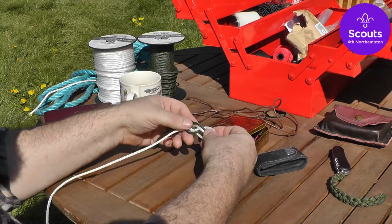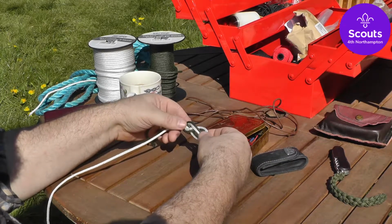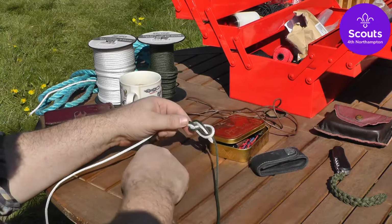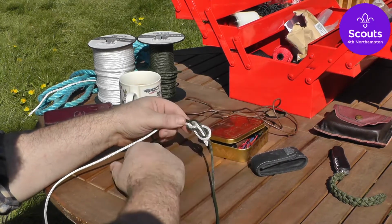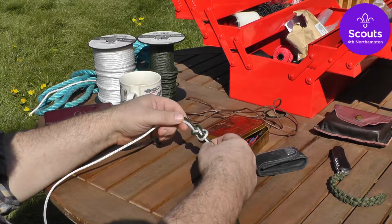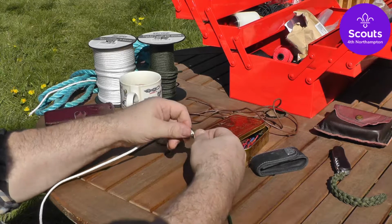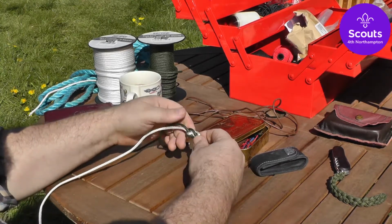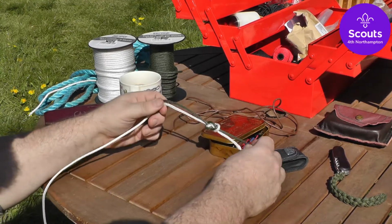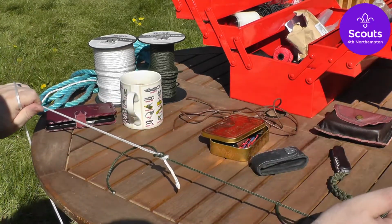and as you can see, it's all nice and neat. We're following exactly the line of our figure of 8. So what we've got there is 2 figure of 8s on top of each other from different directions. Okay, so all that remains for me now is to tighten up both figure of 8s, and then we end up with a nice and tight Flemish Bend. And that is a really strong